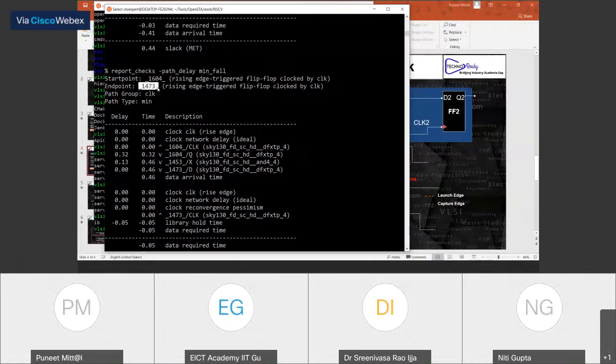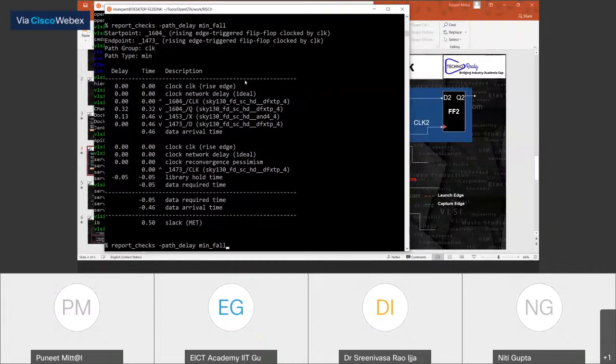If you remember yesterday, we had already discussed -to and -from. Let's take that particular example also. This -to, what was that? -to is an endpoint.